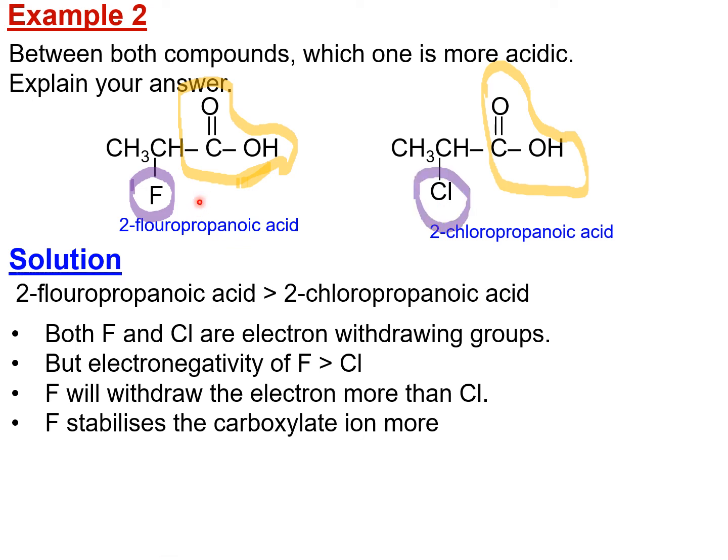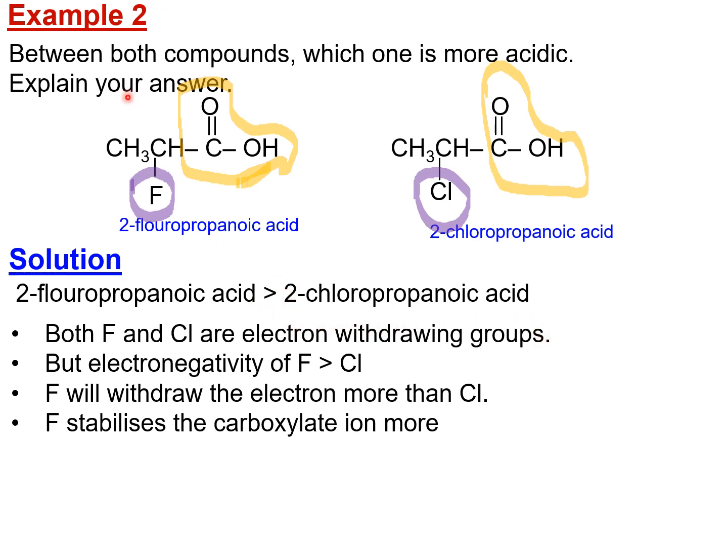Okay. So previously I already told you guys between carboxylic acids yang melekat dengan electron withdrawing group fluorine dengan chlorine, yang melekat dengan fluorine ni dia punya pKa value dia lagi rendah sebabkan dia jadi stronger acids. Okay. Because why? Because F is more electronegative compared to Cl. So the solution here, bila disuruh kamu compare between each of these compounds, which one is more acidic, so you can answer 2-fluoropropanoic acid is more acidic. Penting tau mathematical expression ni, more acidic compared to 2-chloropropanoic acid.